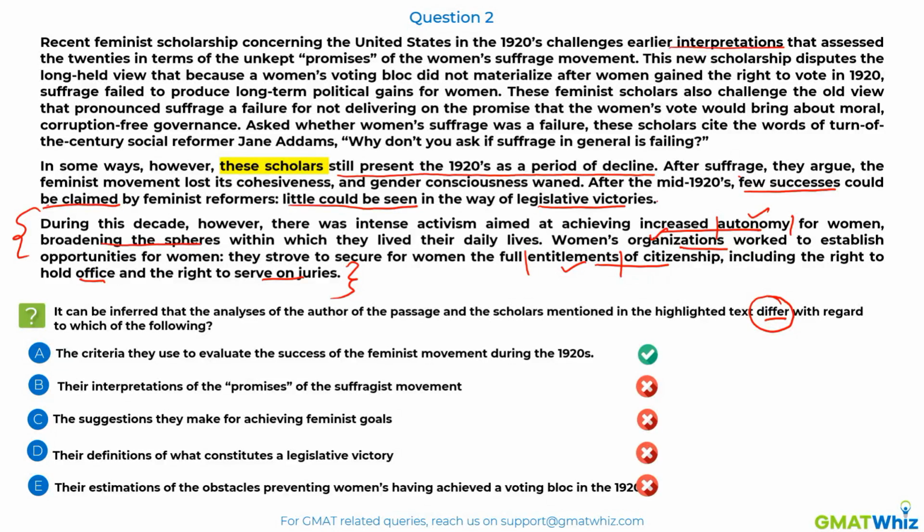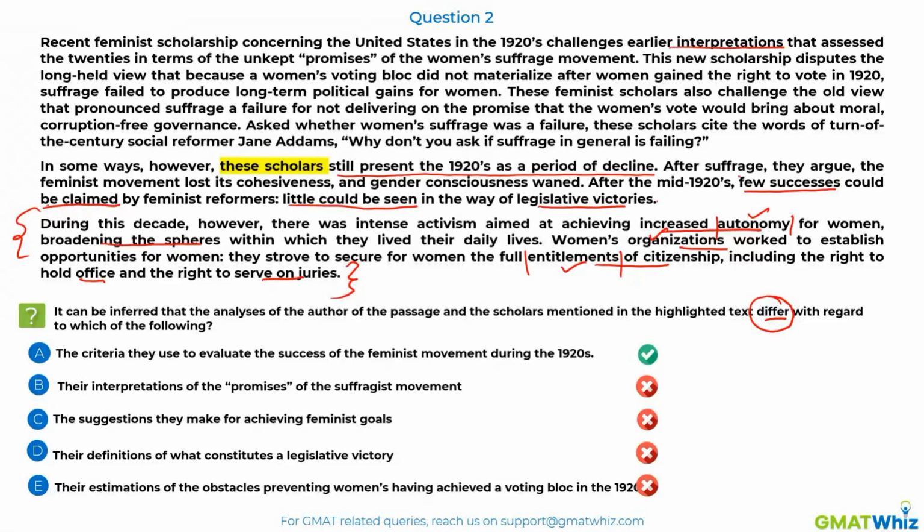Most of you got that correct, so good. Let me know if all of you are clear with this explanation so that we can move to the second passage of the evening, a new passage. Let me know if all is clear, guys. Mostly, I want you to tell me if the method of involved and evolved reading, as we call it at GMATWhiz, is working. It literally means you involve yourself with the author, you think like the author, you're in a conversation with the author, trying to understand what the author is saying.